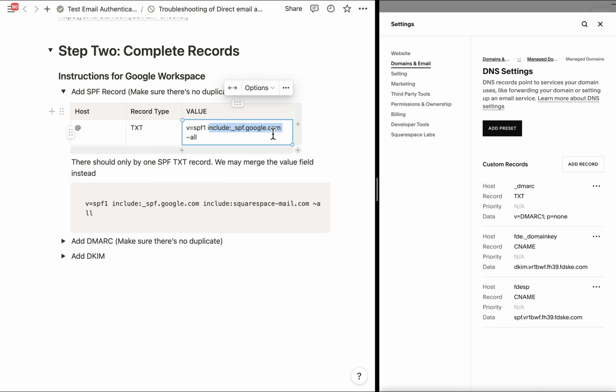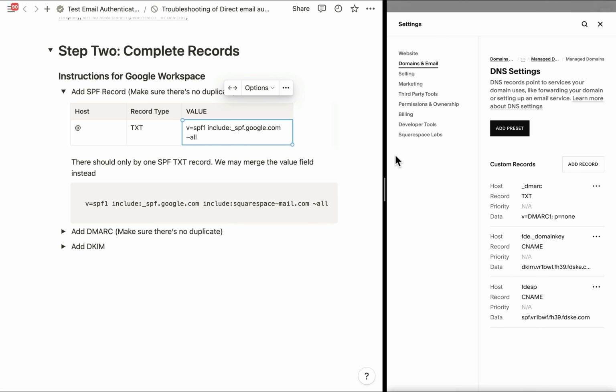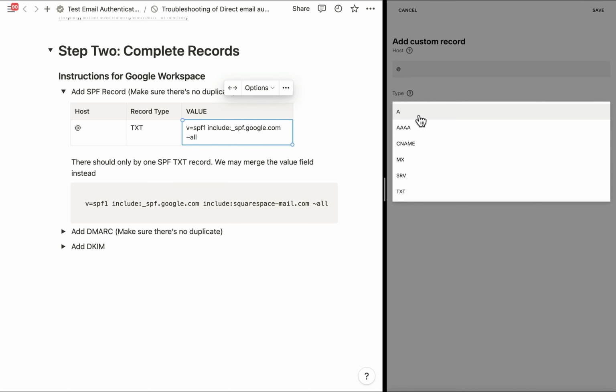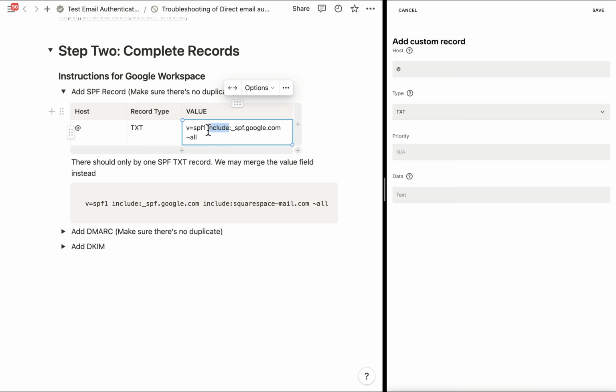But if you also would like to explicitly mention that you would like to include Squarespace Mail or MailerLite or Amazon, then this is how we merge SPF records, because as I mentioned, you need to only have a single TXT record for SPF. So if you need to indicate more servers or IP addresses, this is how we merge them. So if I am to add this TXT record, all I need to do is, again, add a record here. The host is @, the record type is TXT,